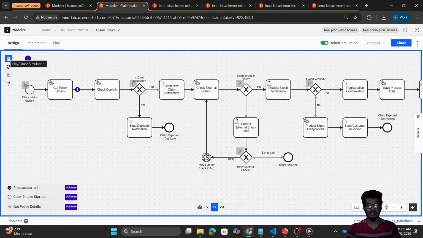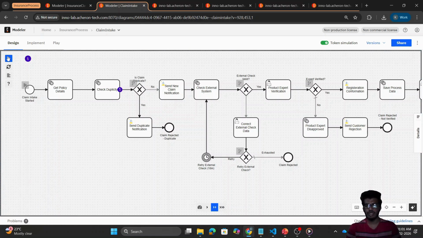First, the policy details are gathered, and then it is checked for duplicates, whether this is the first time the incident is being reported or it is a duplicate report. After this check, it is sent to the next phase. If it is a duplicate claim, it is rejected, and if it is not a duplicate, it is passed to the next step by sending a claim notification. And after this,